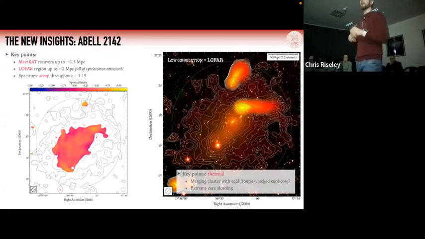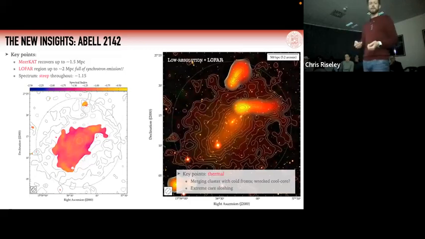But from the thermal point of view, this is a very interesting cluster because it's a merging system, dynamically disturbed, with, I believe, 4 sets of cold fronts, which one of the interpretations is that this is tracing the remnants of a cool core cluster that has undergone a significant merger sometime in the past. And the cool core has been not completely disrupted, but disrupted enough to be somewhat torn apart and spread out. And is perhaps given as an example of extreme core sloshing. So we know there's significant turbulence in this system.